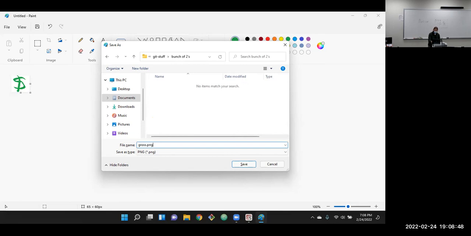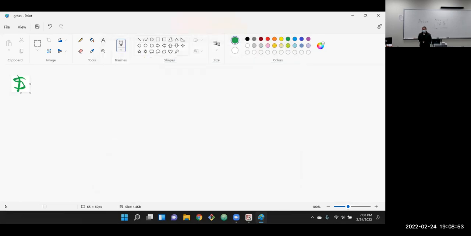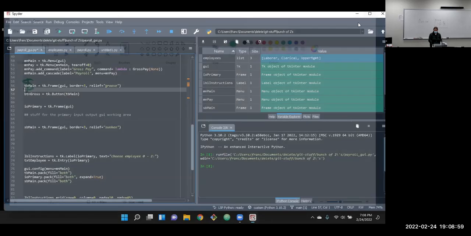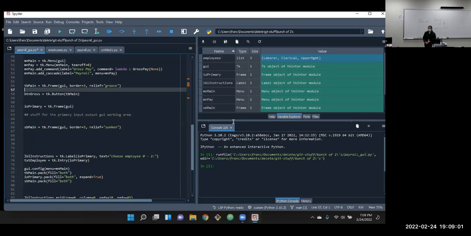Gross, yeah, that's for the gross pay button, so I'm just going to call it gross and make sure it's a PNG file. Looks like they updated Paint, but I'm sure it still does PNG files. And now to import that, we need to bring in that file and read in that file and put that in a widget that works with tk.